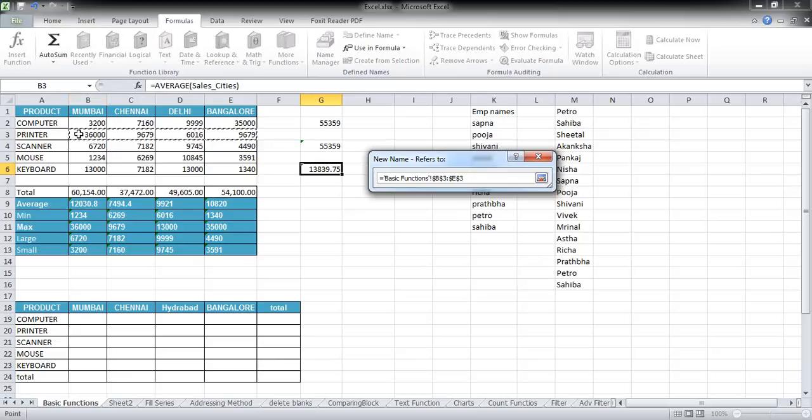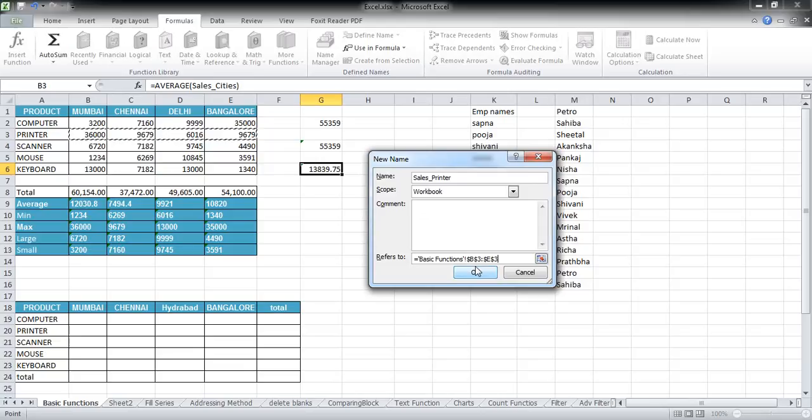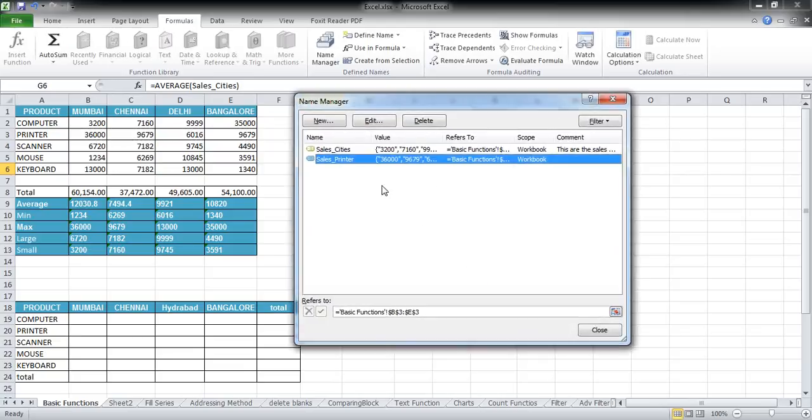So you can see I have represented the B3 to E3 cells as my new name, and clicking on the OK button will now create a new name in the Excel sheet by the name of sales printer. And you can see it lies just next to the sales cities name which we created in our